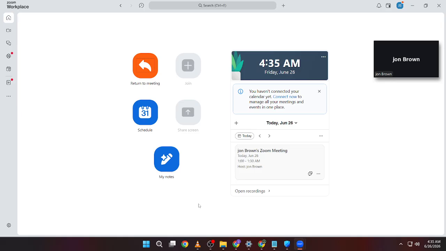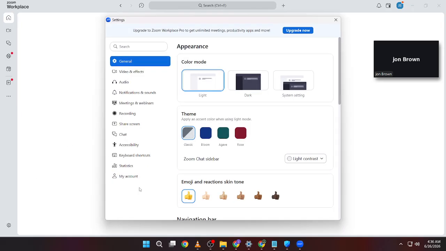First, open the Zoom desktop app or visit the Zoom website using your browser. Sign in with your Zoom account if you haven't already. Once you're logged in, you'll be able to manage your meeting settings. Next, if you're using the Zoom website, head over to the Settings section under your account. If you're scheduling a meeting in the desktop app, you'll also find the waiting room option while creating or editing